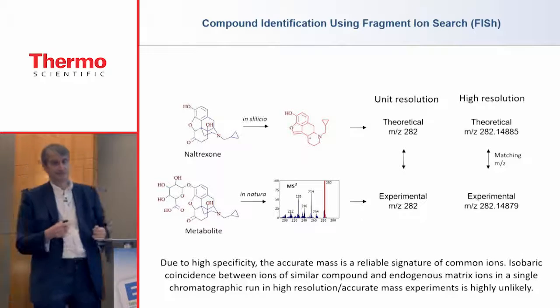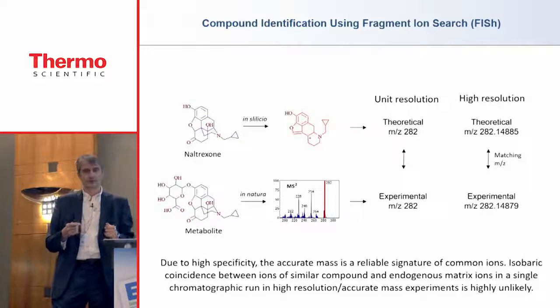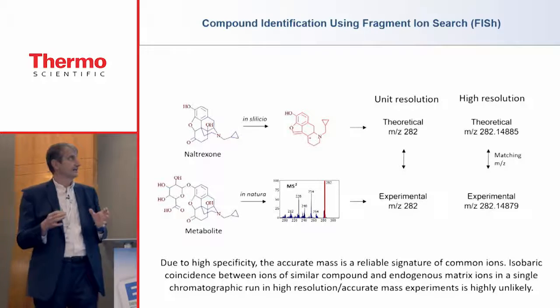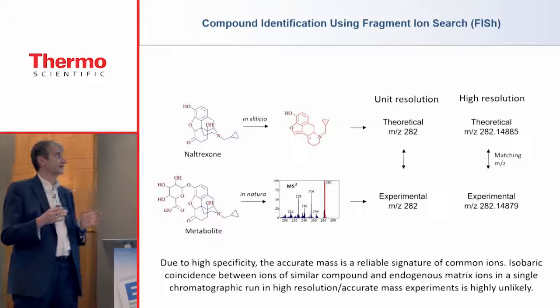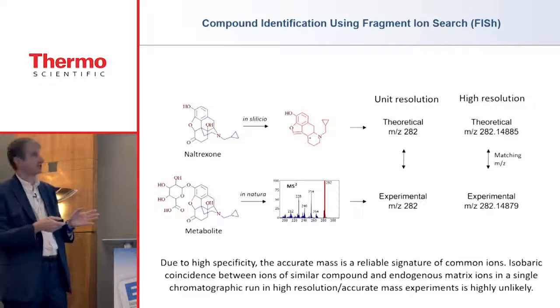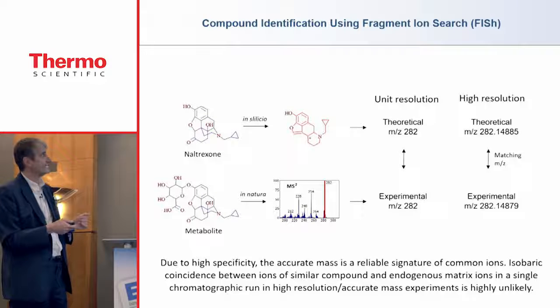I have a few minutes of time, so I would like to show you a light version of the precursor ion fingerprinting, and this is called Fragment Ion Search. This is a typical metabolite identification experiment, and how it actually works. Well, if we have a parent drug and if we have a metabolite,